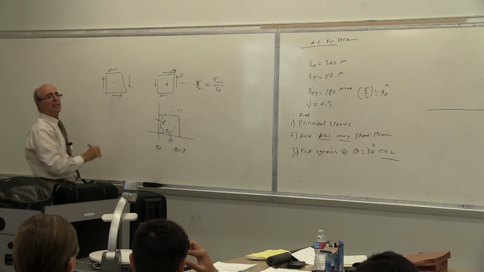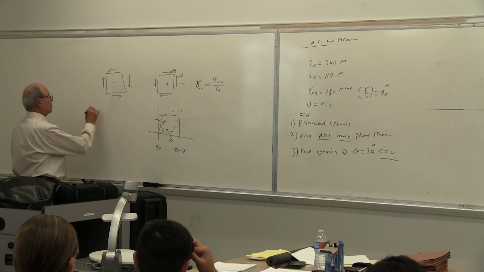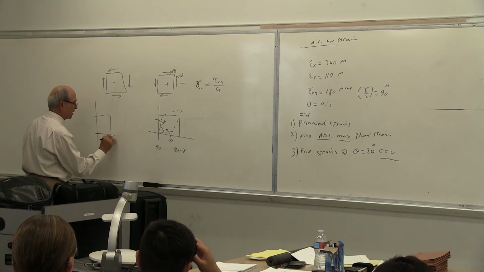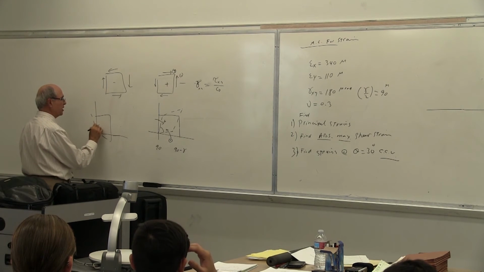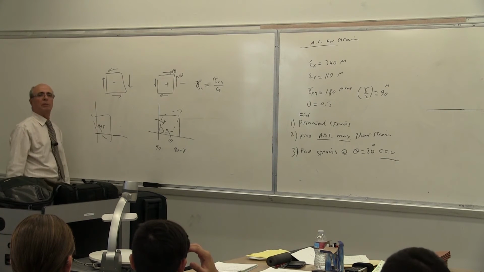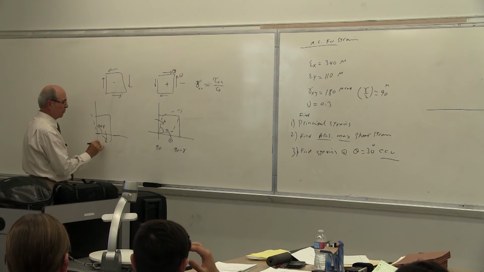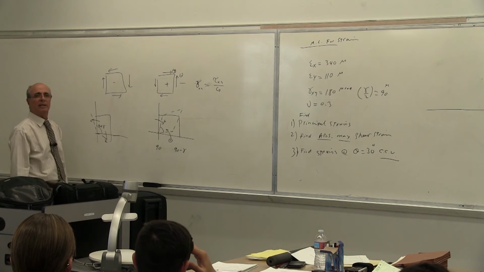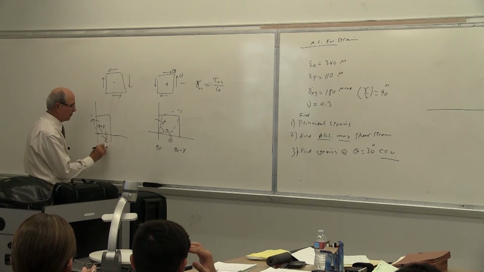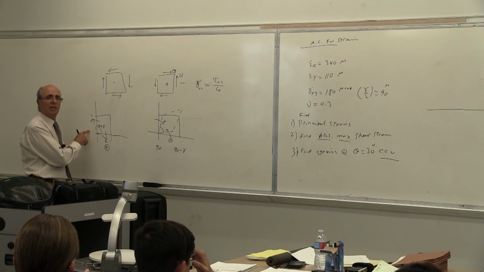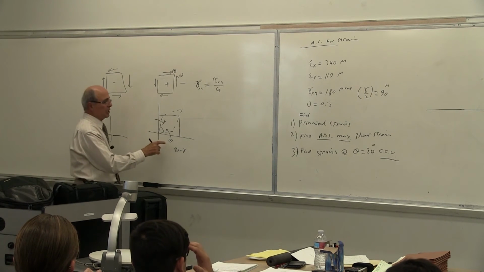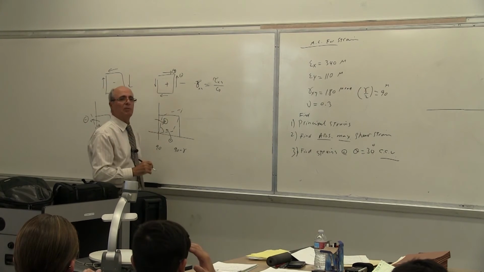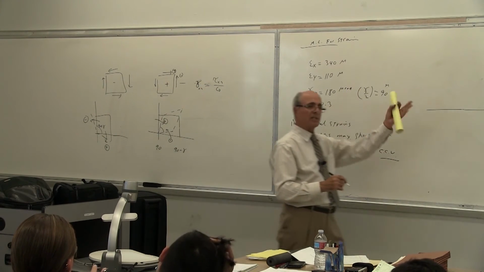The shear stress is like that. Is that correct or not? So this square after deformation, this side goes like that because gamma, this 90 degree becomes 90 plus gamma. But this side went this way, that side went that way. This is clockwise, therefore it is plus. This one is counterclockwise, therefore it is minus. This is minus and that is plus. Everybody understand that? That's what you said and that's exactly correct.